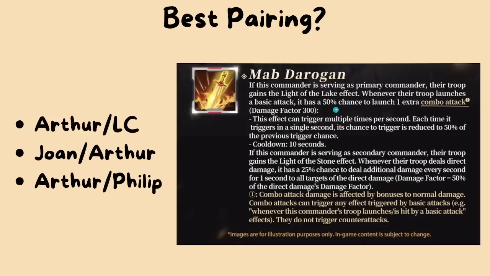And even if you get lucky where multiple basic attacks and combo attacks all stack on the same turn, right? So for example, you see on the screen here, I think the best pairing in the game in an artifact KVK, if you could put any 2 commanders together and make the best march in the game, I actually think it would be Arthur primary and LC secondary. LC's combo attack is different. It could essentially trigger every single turn, whereas